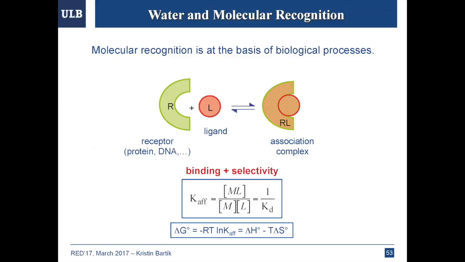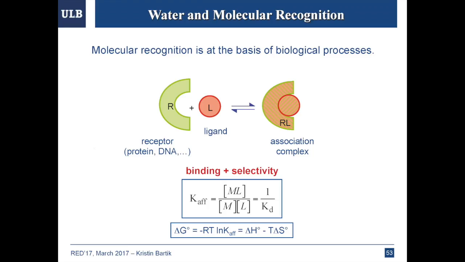This is exactly the same equations I showed you earlier on. If you're having a certain form of interactions taking place, you want binding to occur, but you also want some form of selectivity, because otherwise you won't be able to have things which are specific, going towards a specific direction. We don't even have to go into that form of detail. It was just to add the information that as far as the chemistry of molecular recognition taking place